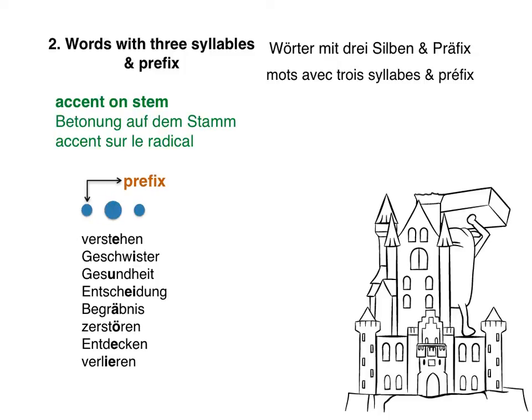Again, the stress is this. It's a very fine difference. I'm exaggerating now a bit, but we could read it: Verstehen, Geschwister, Gesundheit, Entscheidung. And if you pronounce it like this, with certain words, it will be for Germans really hard to actually understand you. So it's a very common mistake that you do this stress not correctly, and then it's sometimes really hard to understand you. Once again, and you repeat after me, please.